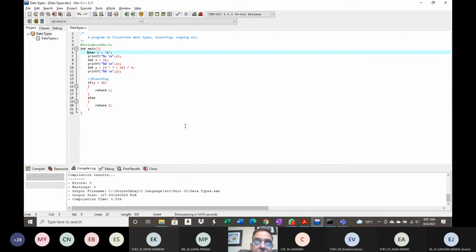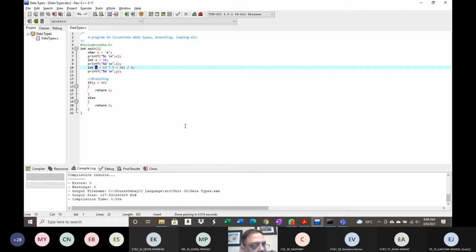So when we are creating variables, what will happen is at the end of the program, the memory that has been allocated to these variables will get removed. So if you look at the order in which the variables have been declared, we have a char type variable called C. Then we have got an integer type variable called X. Then an integer type variable called Y. What will happen is C will get created first in the stack. On top of that, X will get created, and on top of that, Y will get created. At the end of the program, Y will get removed from the memory first, then X, then C.